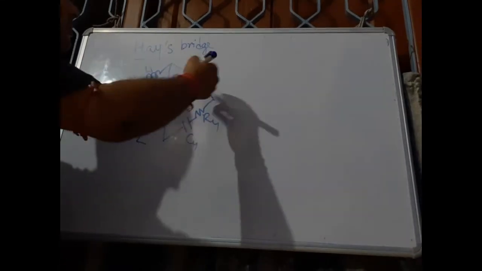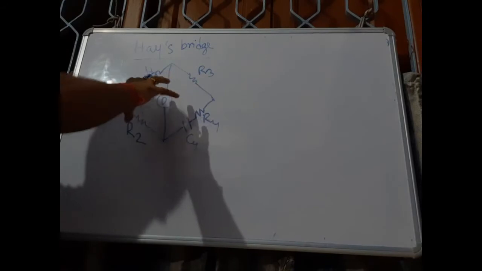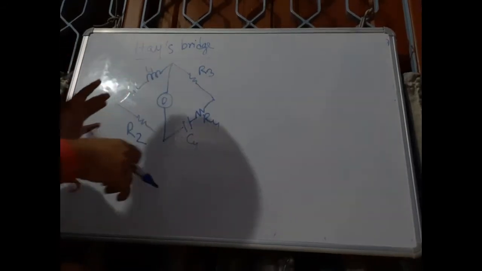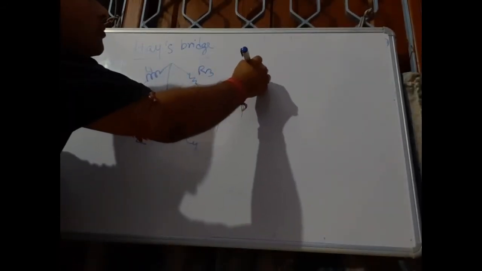Now if I just calculate the impedance for balance condition, what we have is R1 plus j